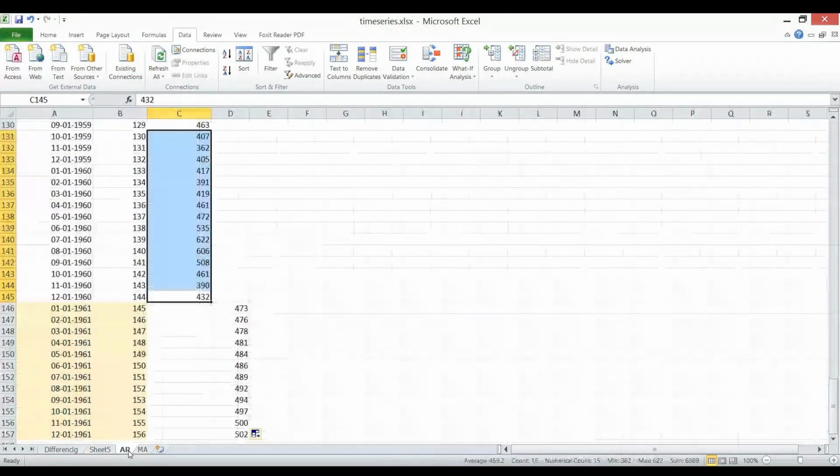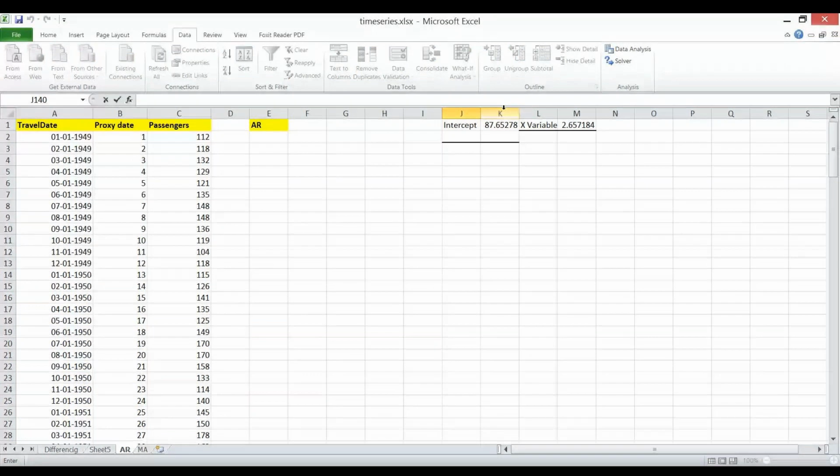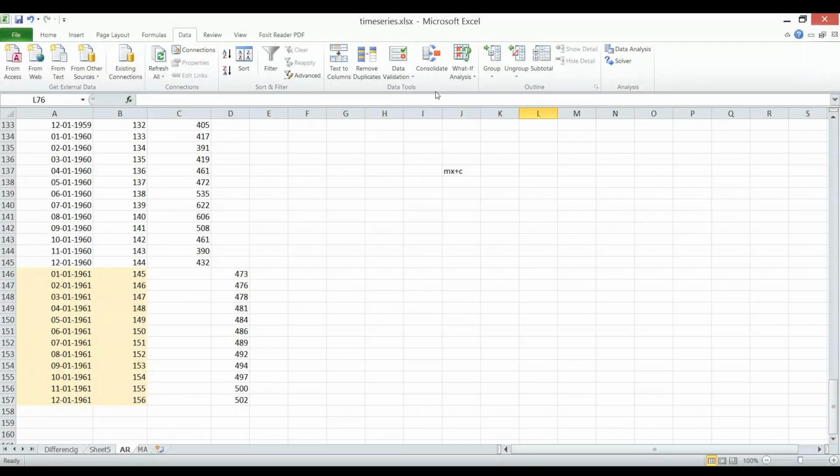So in regression, the formula in the backend is mx plus c. C is the intercept, that is the constant value of passengers, which will not change, be it anything, whether our prices are going high or going low, there will be a constant number of passengers, and that is what is given by this intercept. Okay? And this is the slope which we have gotten, that is the change of passengers with respect to date. So we have simply used this mx plus c formula,